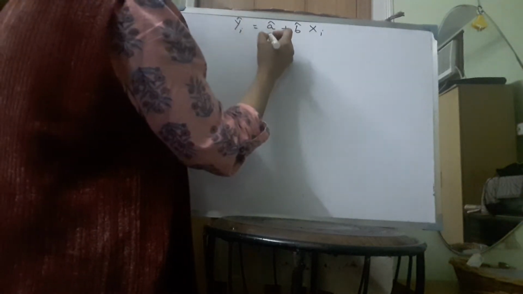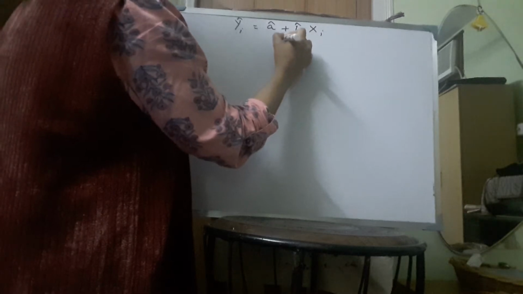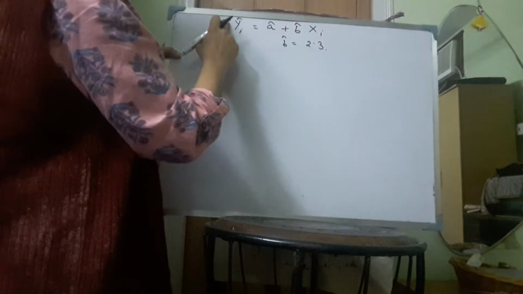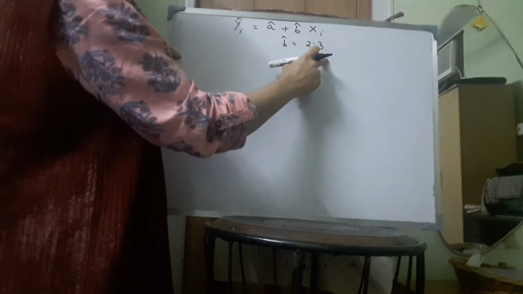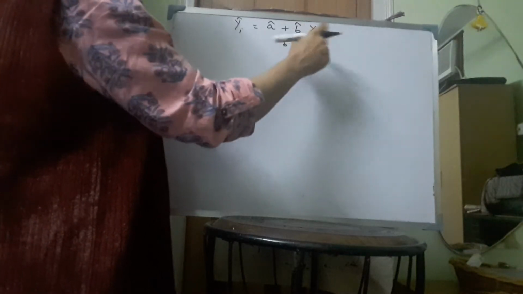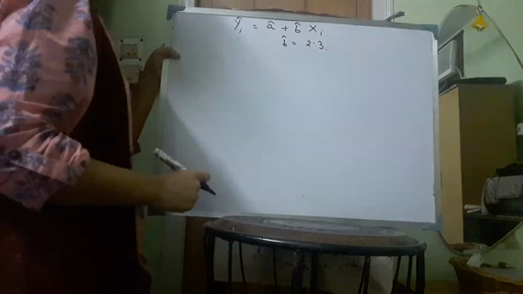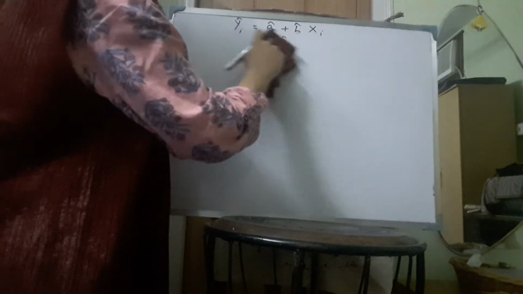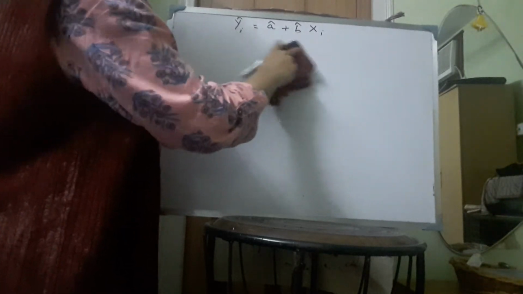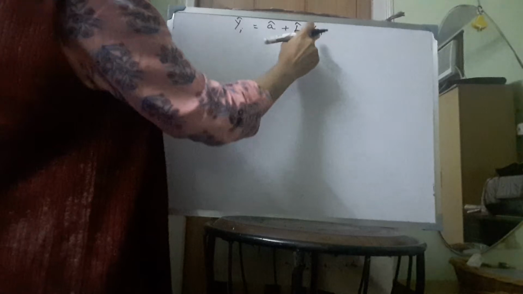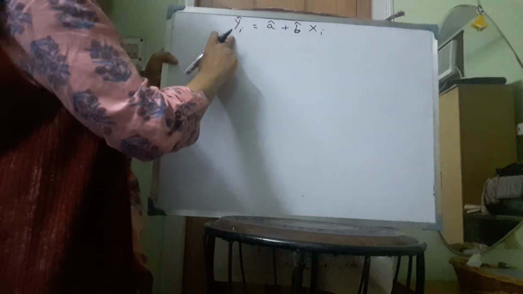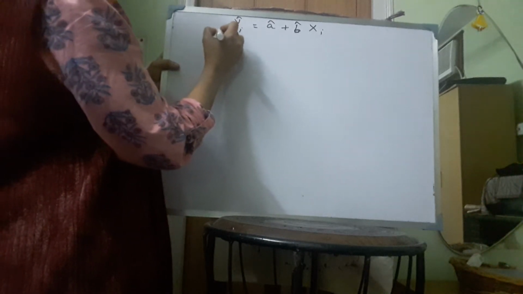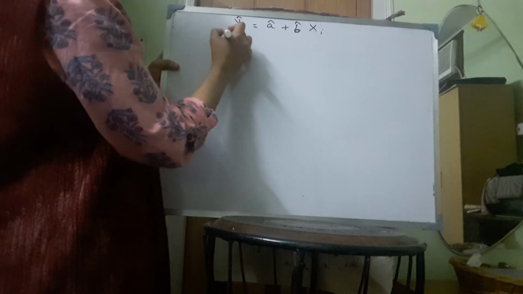Now suppose in a particular regression result we are getting the value of b hat equal to 2.3. That means what? If we change the value of xi by 1 unit, then yi hat will be changed by 2.3 units. Now we have to check whether this particular number 2.3 is statistically significant or not. For that we have to do the hypothesis testing, and then we have to do the statistical inference. That is, we have to check whether we can infer that the impact of xi on yi is statistically significant. So for doing the inference of the linear regression model, the first step is to form the hypothesis.